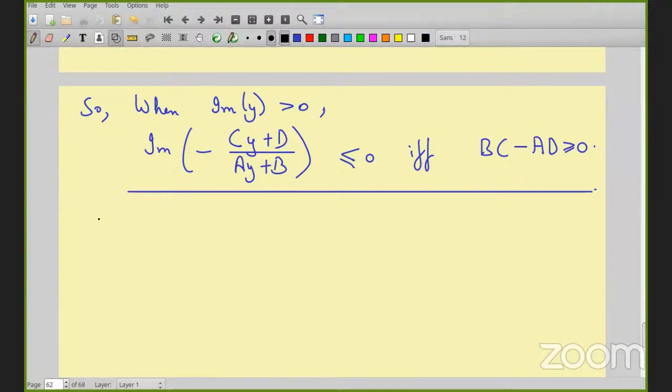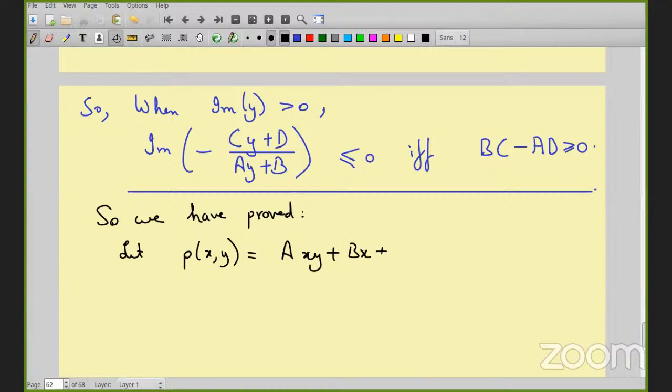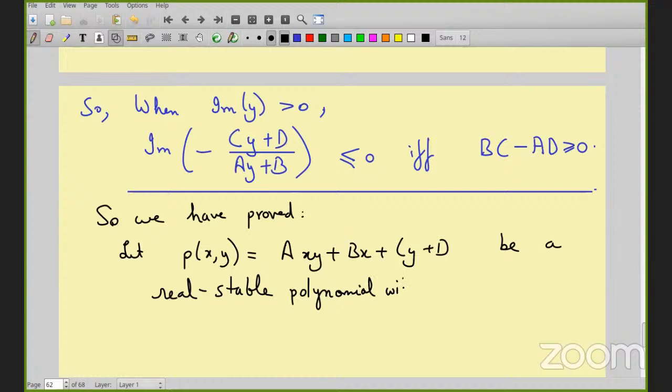So the upshot of all of this is the lemma. So we have proved: let P(x, y) = axy plus bx plus cy plus d be a real stable polynomial. Actually, I didn't even use, well, maybe let's still keep it with A, C, D strictly, and B strictly positive. And then